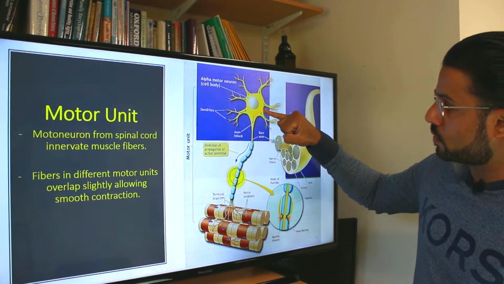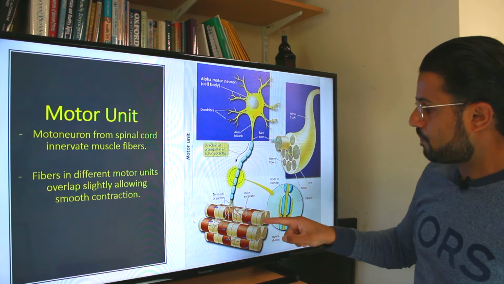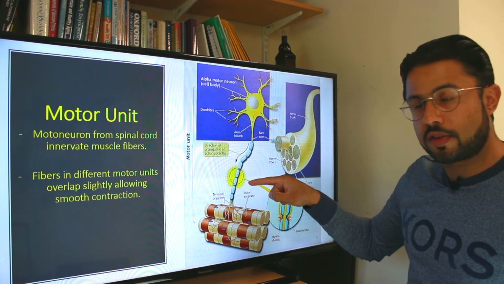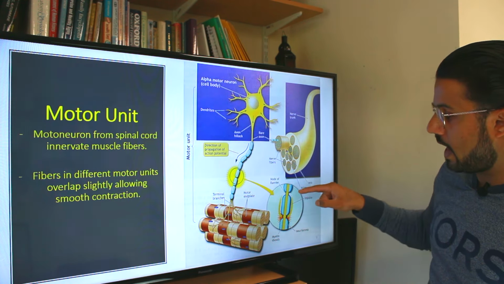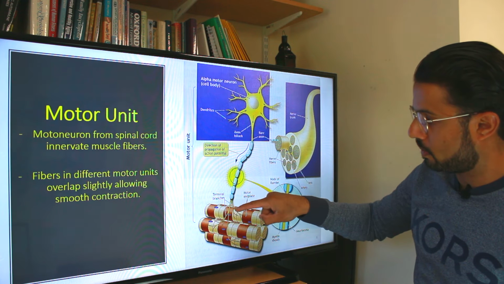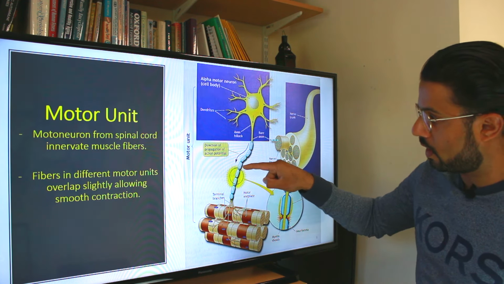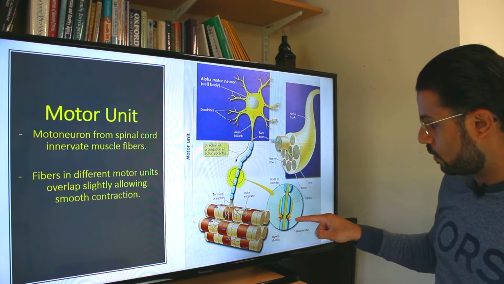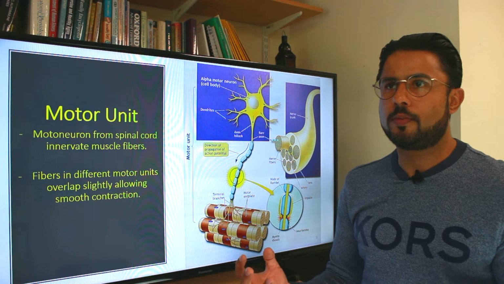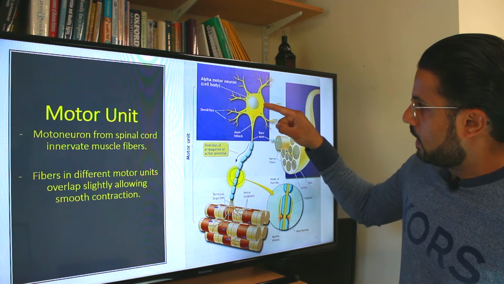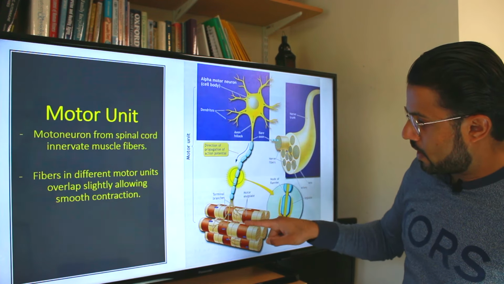The axon has this fatty sheath surrounding it, consisting of Schwann cells, and they have these little gaps called nodes of Ranvier, and they basically allow the electrical impulse to speed up. So rather than go through the axon all the way to the muscle fiber, it'll jump from one gap to another really, really quickly. And so you have a very fast signal going from the spinal cord, from the brain to the muscle when you want a movement, and that's why we can make voluntary movements. We think about something and we've probably done it before we've finished thinking about it. So cell body, axon, and then you have these motor end plates.